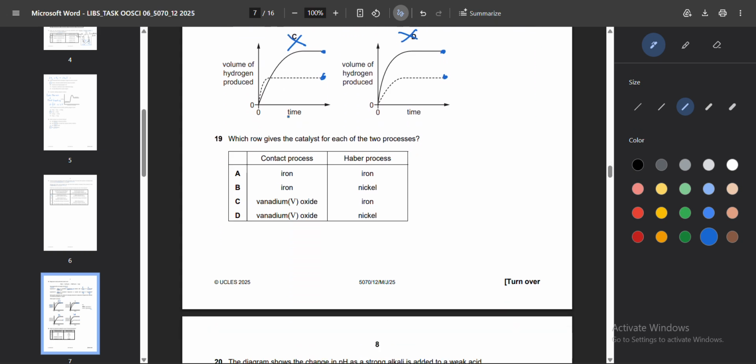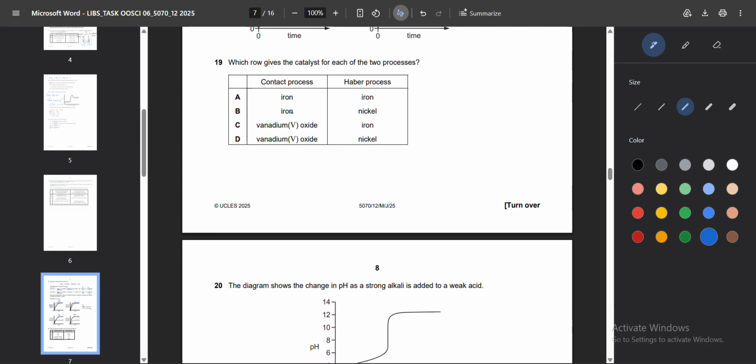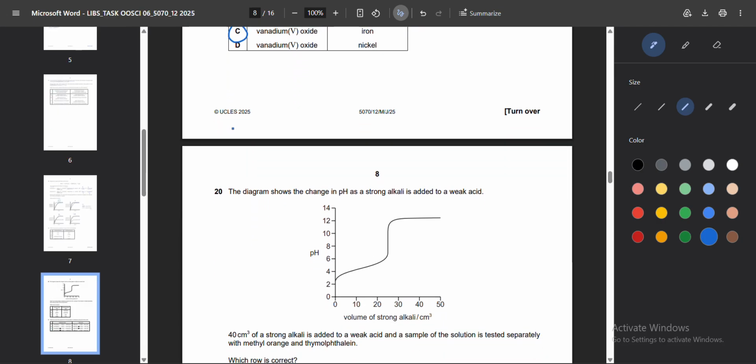Now let's move on to question number 19. Which row gives the catalyst for the two processes? First is the contact process. What is the catalyst used in the contact process? It's vanadium(V) oxide. That means we have to select out of C and D. And in the Haber process, which is the catalyst? It's iron. So that makes option C the correct option. Then